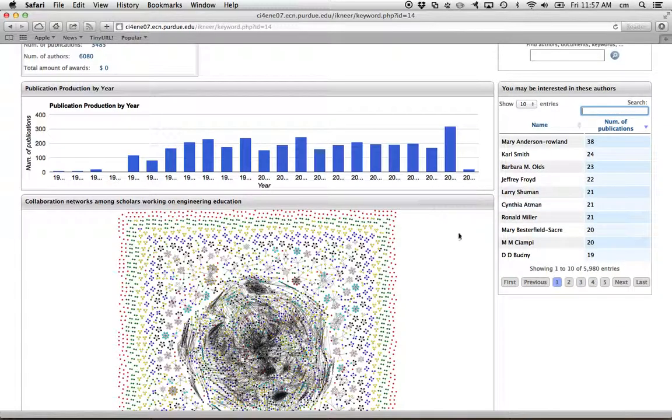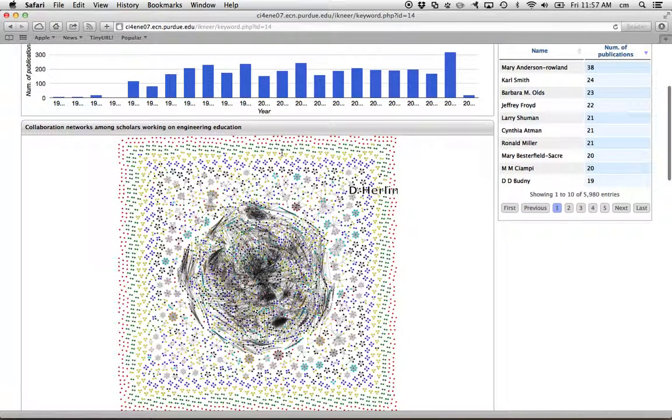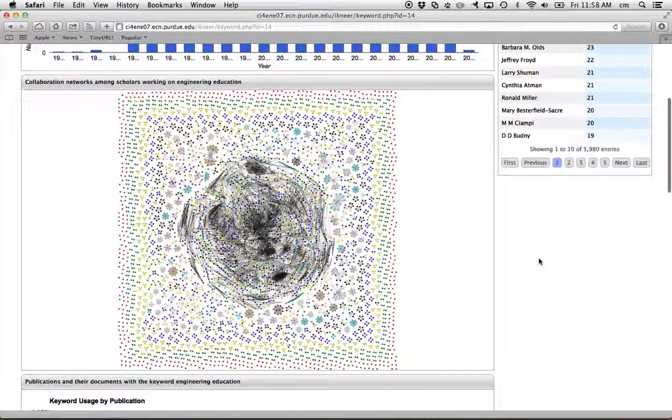And let me now show you what this graph is all about. We have a collaboration network where the nodes are the independent authors and links between them are either papers or proposals. At the very center of this flat network graph, you see that there is a lot of activity going on with a lot of collaboration. However, there are also very many nodes and links that are present outside.